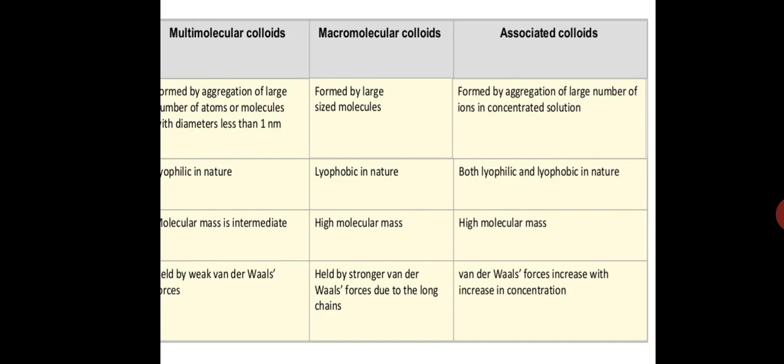Now you will be studying about micelles later on also, for soaps. The critical micelle concentration is 10 to the power minus 4 to 10 to the power minus 3 moles per liter for soaps. So for soaps and detergents, about 100 molecules come closer and form associated colloids, or micelle formation takes place. Clear? So micelle formation takes place above a particular temperature, called Kraft temperature, and above a particular concentration, called critical micelle concentration. So this is all about